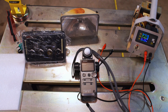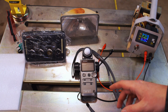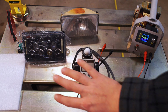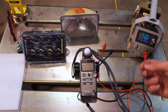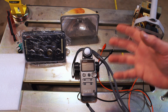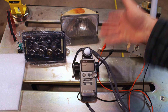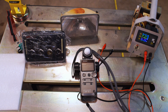Just one more thing before we get on with the test. We're going to be measuring lux, because lux is the amount of light falling at one point. Lumens are the total light output of a light, and typically that's used for measuring the output of bulbs or any kind of bare source not in a fixture. And in order to measure lumens, you have to put the bulb in space, in usually a globe type thing with a sensor in it, and then it extrapolates, and it's just not a very practical thing for what we're